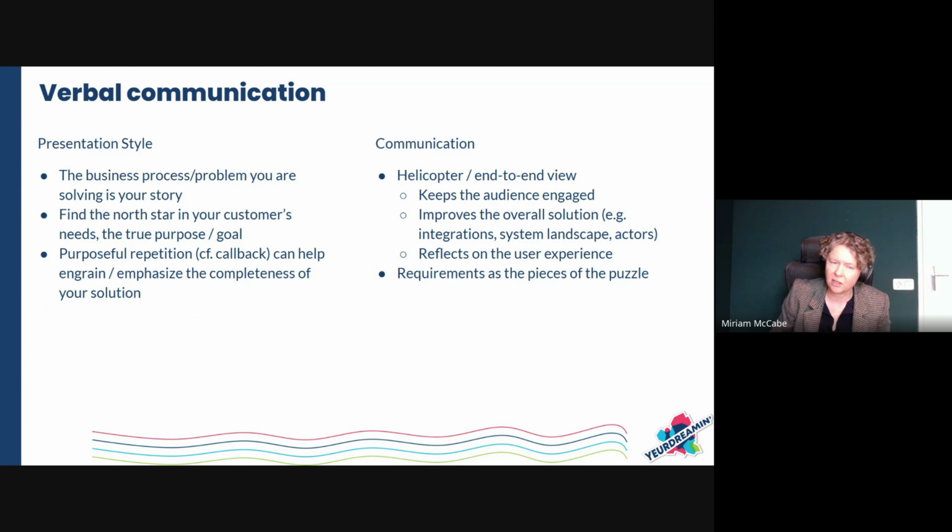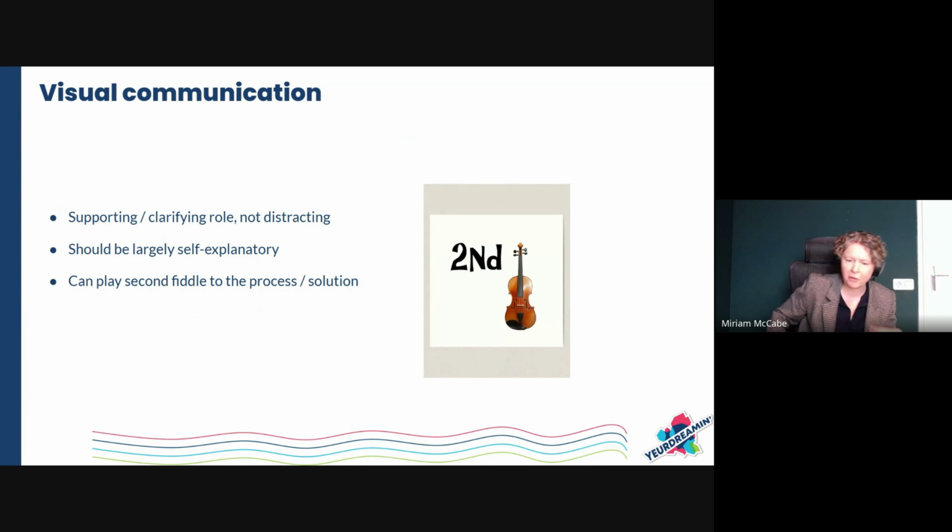So now let's go into visual communication before I hand it back to Lilith to talk about how we can learn to communicate. You see what I did there? Anyway, so visual communication, right? The whole aim here is to support the message and not to distract. That means a visual needs to be aligned to the message that the words are also communicating.